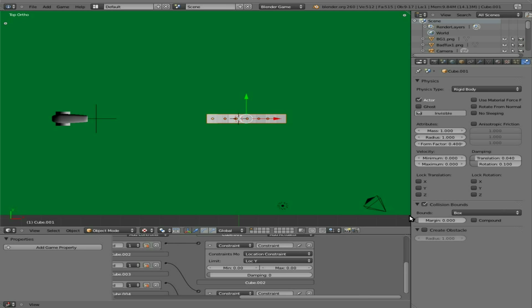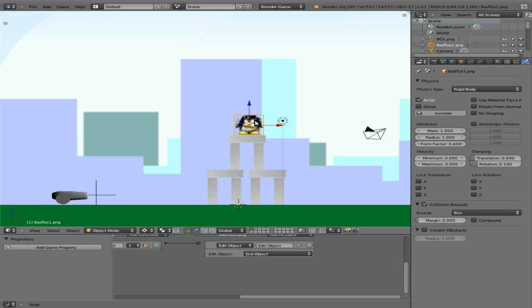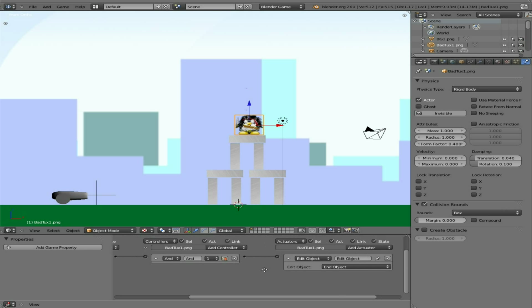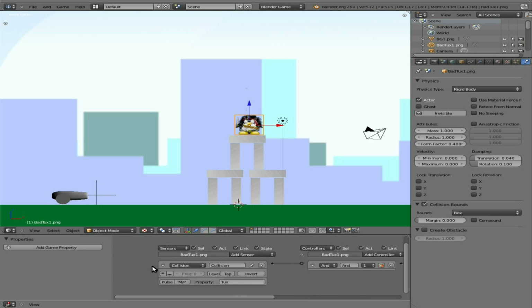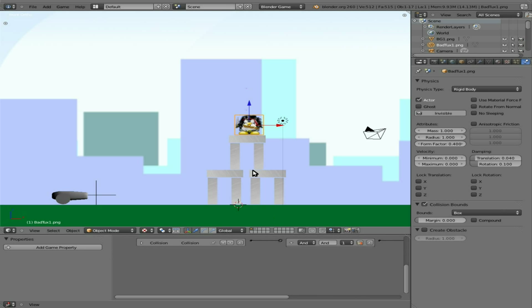So before, let's say this cube here, if I hit it, it could have flown all the way over here. Well, they might be rotating some, but their center is always staying right here on the y-axis. So it might rotate like this, but it won't move like this. And we're also going to want to apply that to this character here. But we'll do that later. I want to get on with the topic of this, which is adding some wood beams